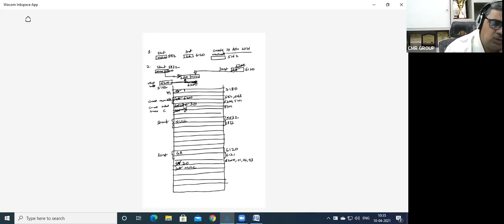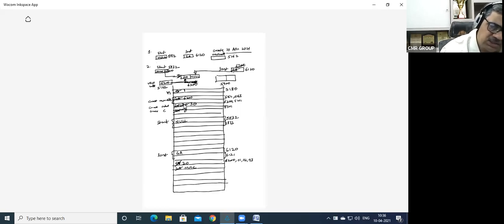It is new node is equal to node star malloc size of the node. That means once again a block gets created. For example, a block got created, and this block is located at 5900.